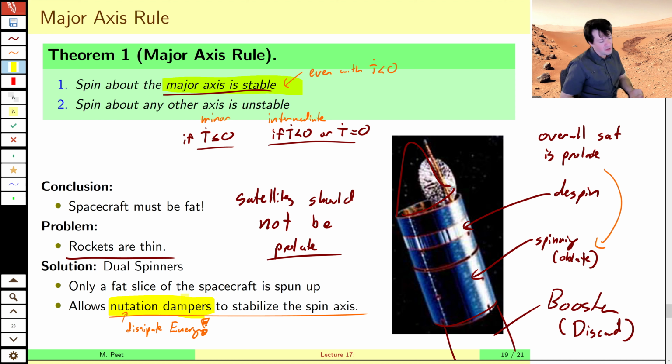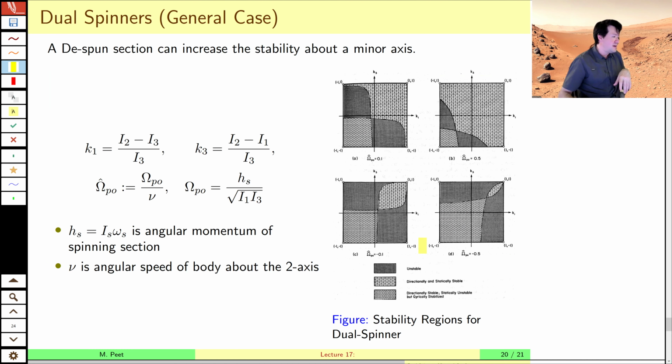So that's how dual spin satellites work, right? You spin up the bottom part, and you have a despun part, which is the top. There's friction in the end, so sometimes your top part spins a little bit, but that's how it is. And now I've got this slide here, which I don't know, it's probably a little bit out of date,